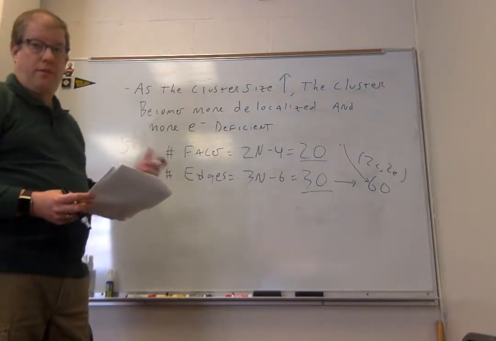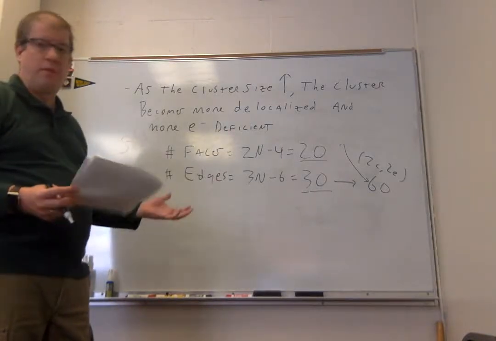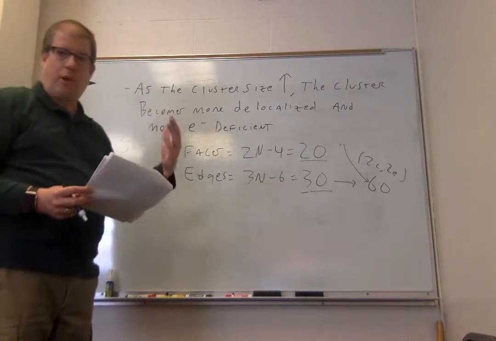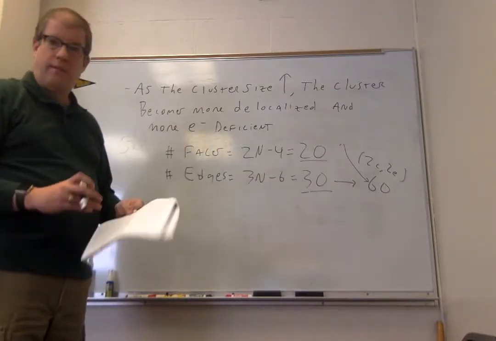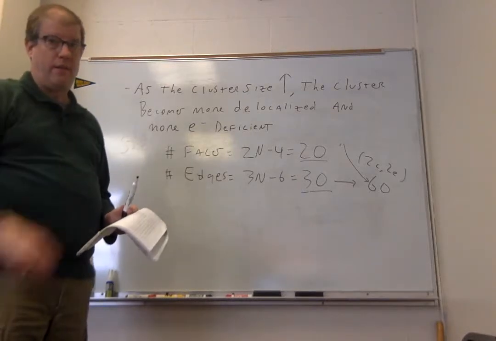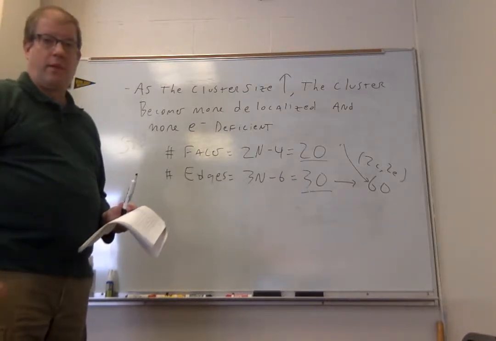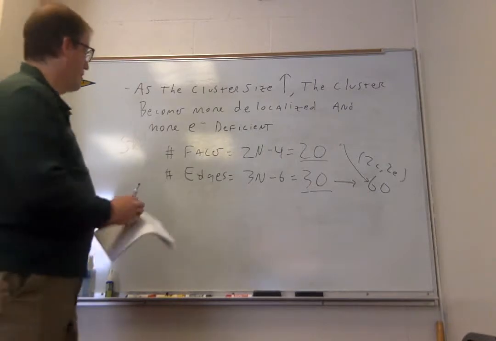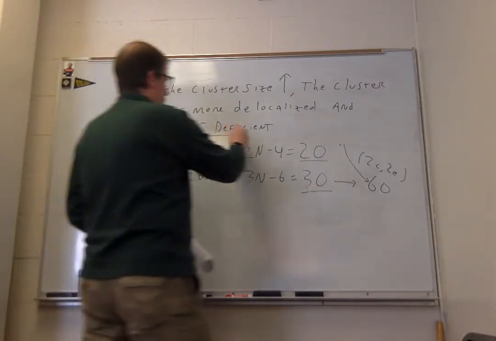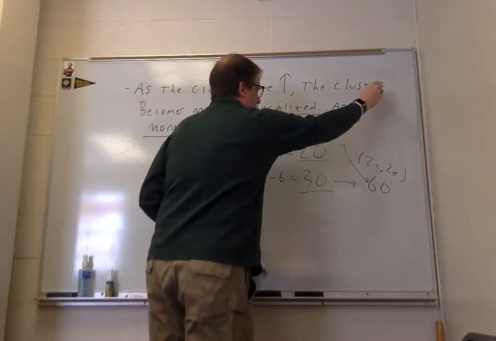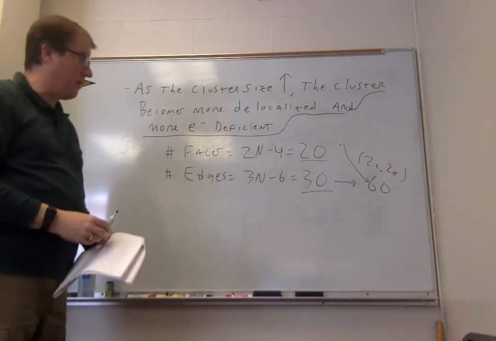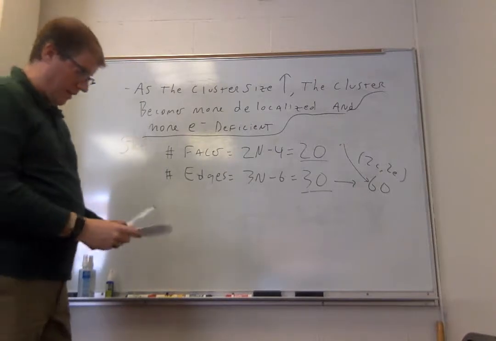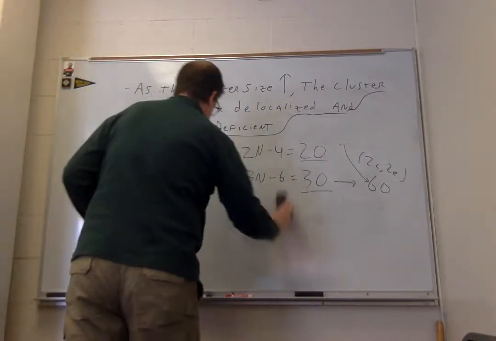But this influences their optical and electronic properties, obviously, because the number of electrons you have roaming around within the cluster framework is a lot smaller than you'd expect, especially as the clusters get larger. So this statement right here is a good one to know, but it's really obvious when you're doing these calculations that that's what's going on. All right, so